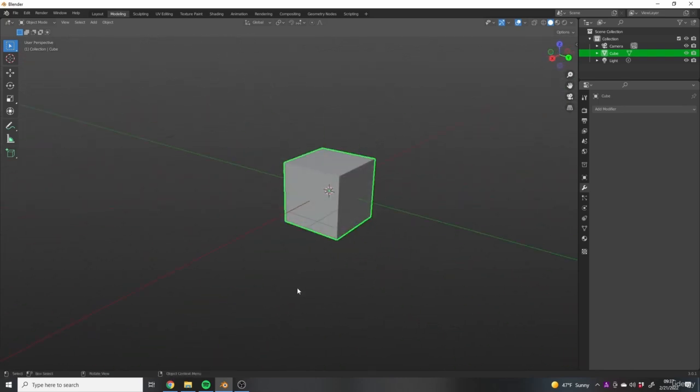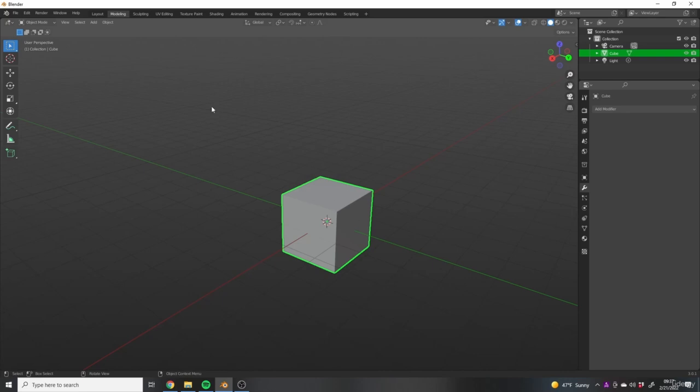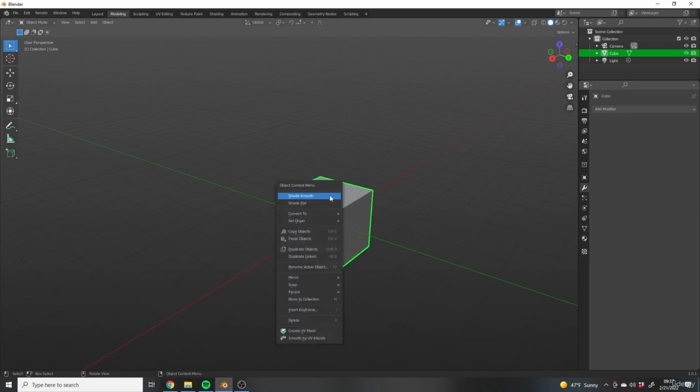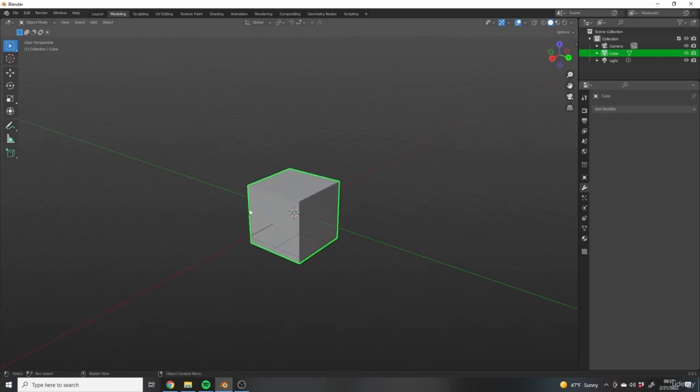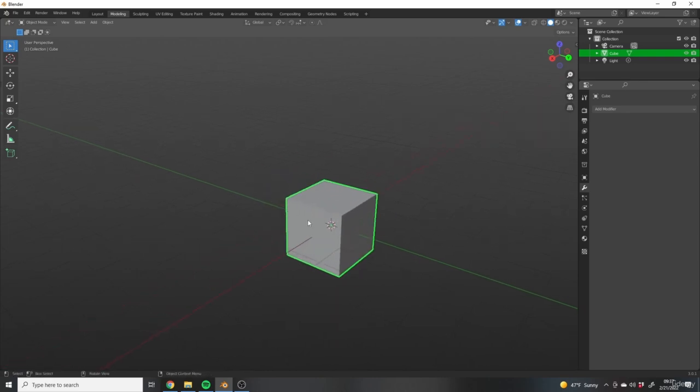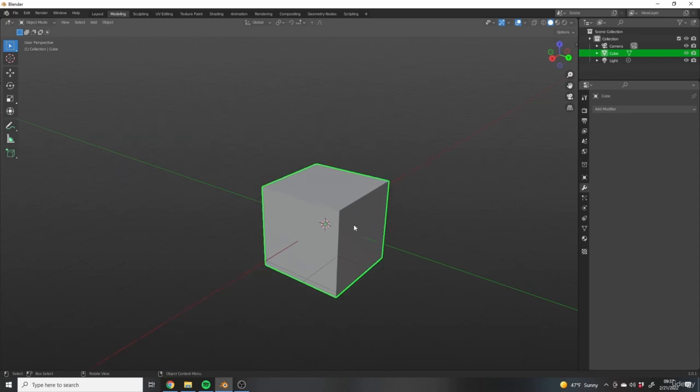We did this on the object level by, in object mode, selecting an object by left clicking and then right clicking and hitting shade smooth. Also reversing that by the same process, just choosing shade flat. Now we can also do this on a per face level. And we can do that by pressing tab to come into edit mode, making a selection that we wish to be soft or smooth,